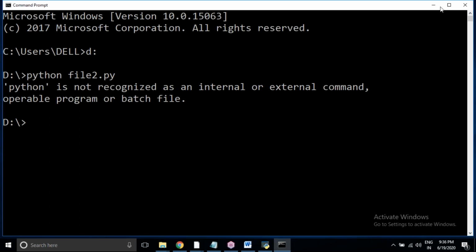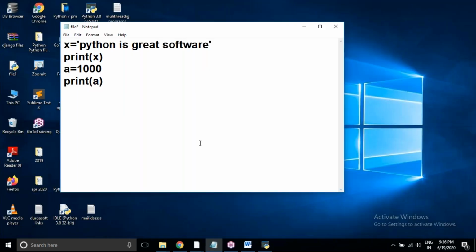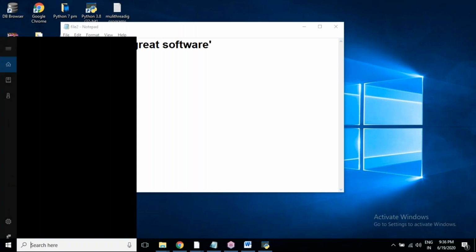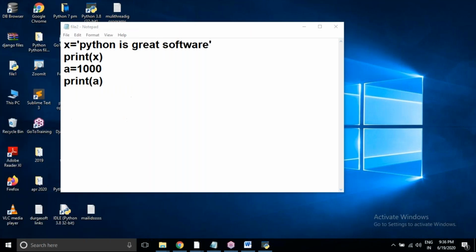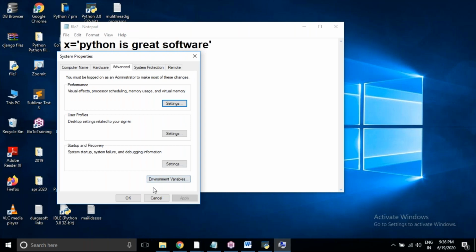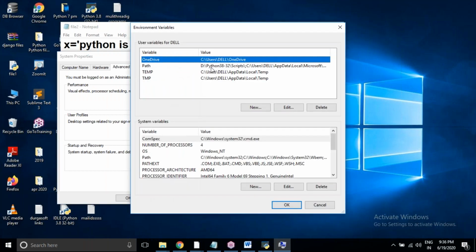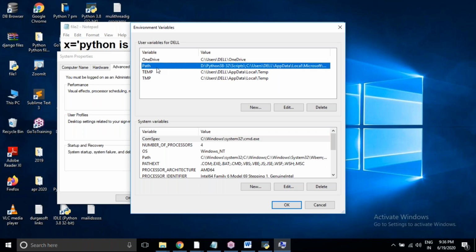If I want to set the path manually, I'll type env. It shows edit the system environment variables. Here in environment variables you can see Path, and I'm selecting edit.